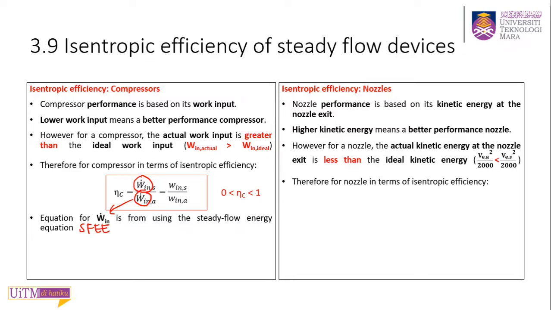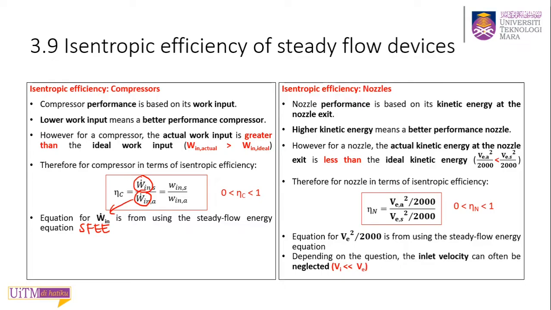Next, let's look at the isentropic efficiency for nozzles. For nozzles, performance is based on the kinetic energy at the nozzle exit. The higher the kinetic energy at the nozzle exit, the better the performance of a nozzle. Unfortunately, for nozzles, the actual kinetic energy at the nozzle exit is less than the ideal kinetic energy at the nozzle exit. Therefore, in terms of isentropic efficiency, the isentropic efficiency for a nozzle can be written as follows,